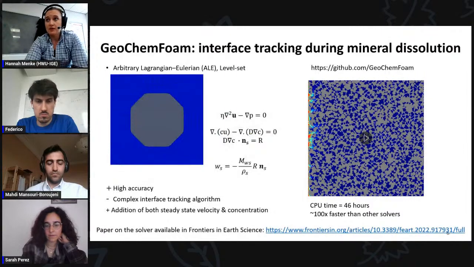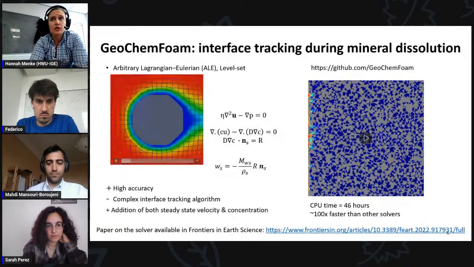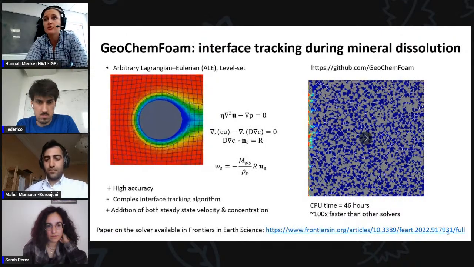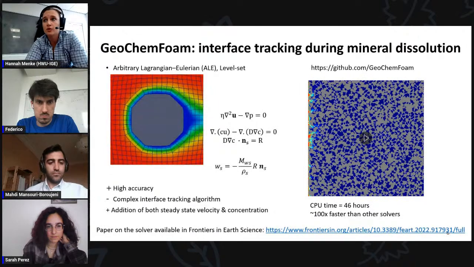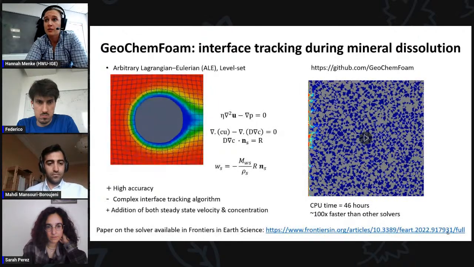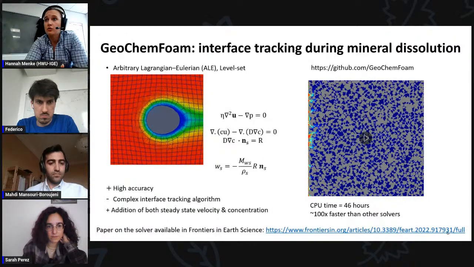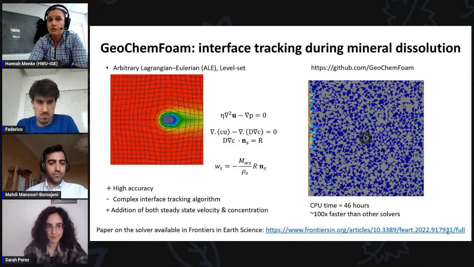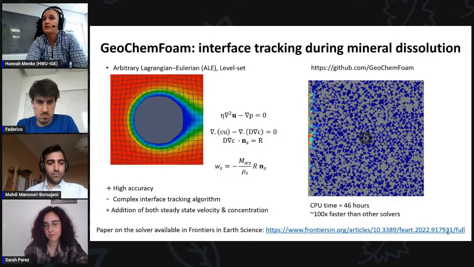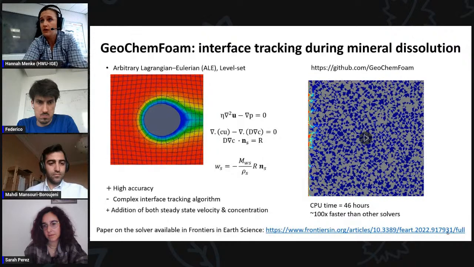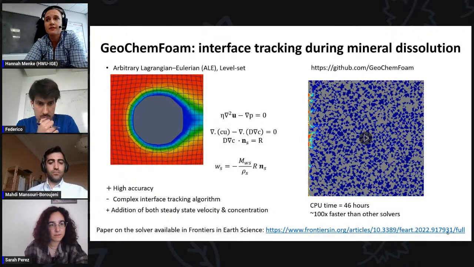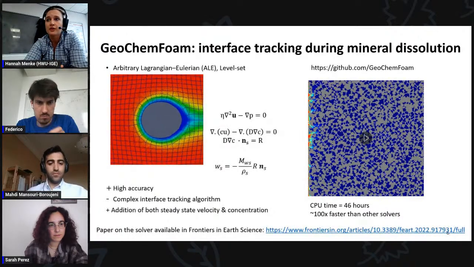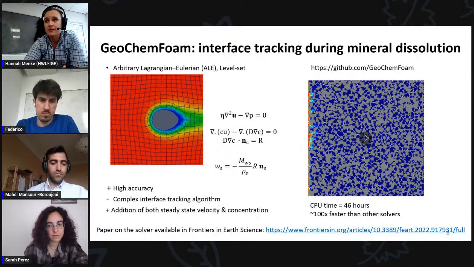Because we needed such a big model domain and we wanted to test many different flow and reactive conditions, our solver had to get better. With the arbitrary Lagrangian Eulerian method, you track the interface. It's very accurate, but the problem is that as the mesh deforms, it becomes quite bad, and you need to remesh it. Otherwise, the simulation will crash. So we can do beautiful things like wormhole dissolution, but it takes quite a lot of time. However, when we use a steady state for both velocity and concentration, we are able to take a time step that's about 5,000 times larger and do a simulation of wormhole formation in about 46 hours, which is about 100 times faster than other methods.